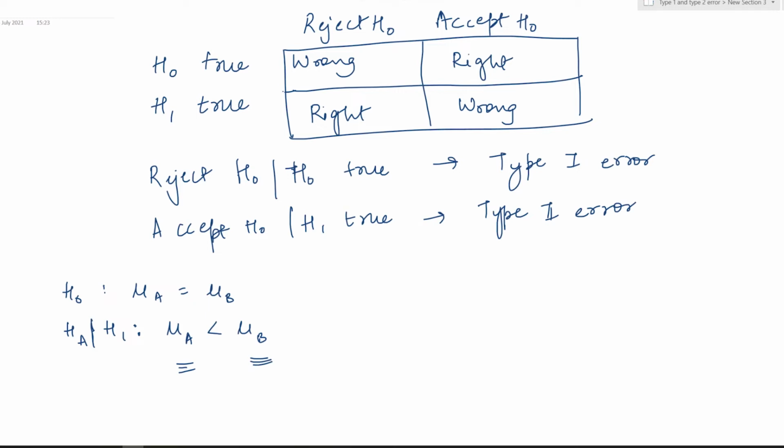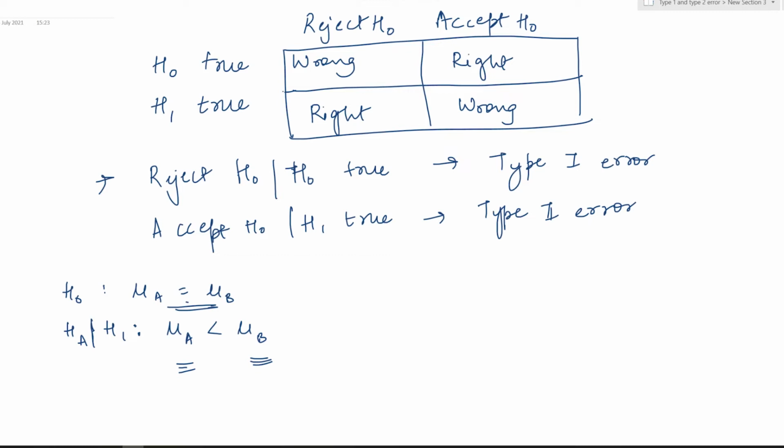Now let's consider this particular scenario in which we are rejecting H0 where H0 is true. That means the phone company has claimed that the phone produced by the new process will be more effective, but actually it is equally effective. So that means our H0 is true. So in this case we have a type 1 error. So what happens in this case is that the brand has ultimately failed to be more effective. That means the image of the phone company has now declined and it has incurred a loss due to that reason.